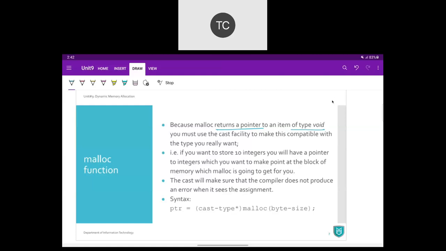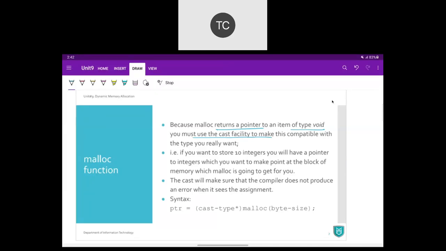And we must use the casting facility, explicit casting we have to go for, right? Implicit casting will not happen, that's why we need to go for explicit casting. Now what is casting? Casting is nothing but changing one data type to another data type, right? So we need to cast this address from void to the required data type.